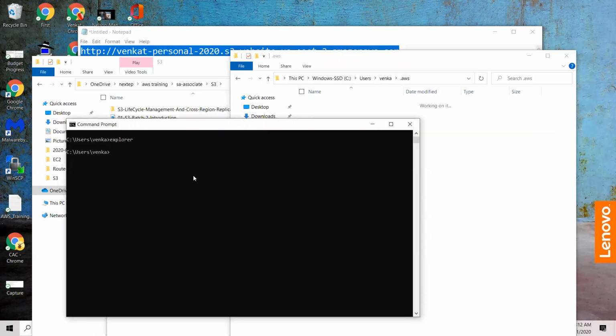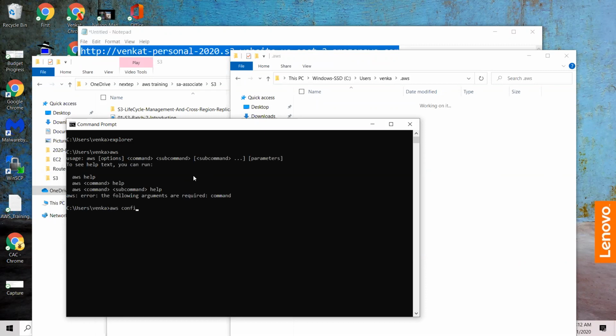So the first time I'm using the CLI, I just type the aws command. When you enter that, it says, well, at least the CLI is installed. It is telling you that's not the correct way to use it. So the first step is aws configure.